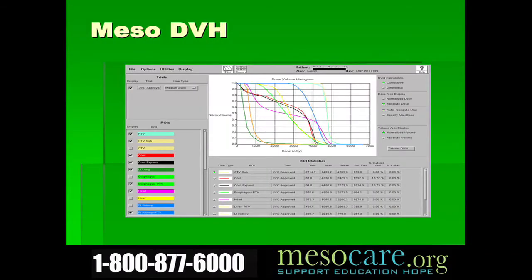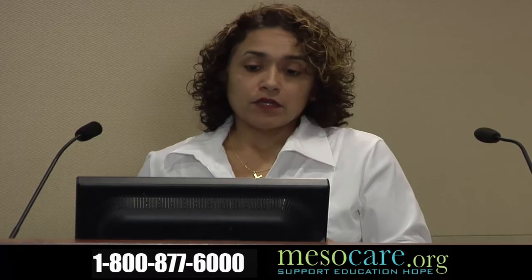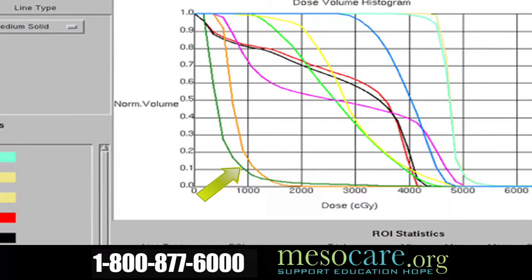And then this is our last slide. Again, the take-home message is that we have to always be conscious of damage to other critical structures. And we use a dose volume histogram so that we know ahead of the game, we know every single day how much radiation our target is going to get, and more importantly, how much radiation those critical structures are going to get. So it's very important to us that the opposite lung get very tiny dose, that the target over here get